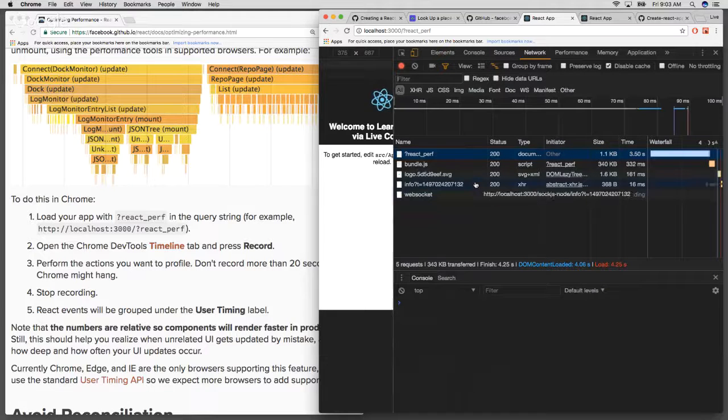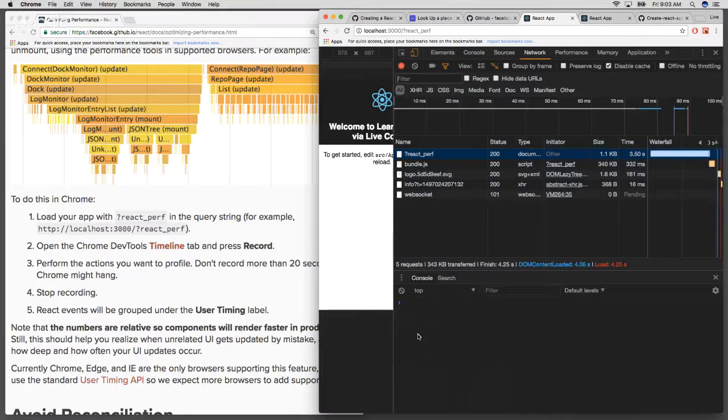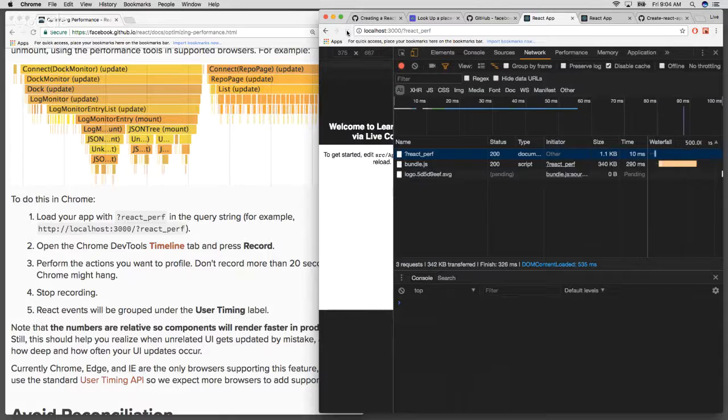So this is showing the network related stuff. But I want to see a view like this. Open the Chrome DevTools timeline tab and press record. Okay. And then do I refresh or